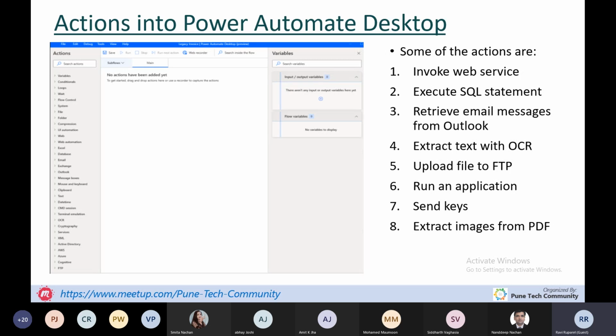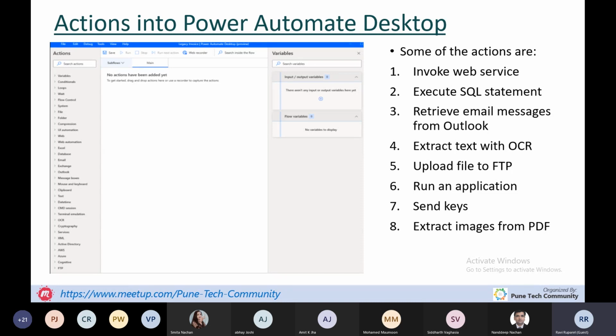The second one, we can execute any SQL statements. We can retrieve emails using Outlook. We can extract text using OCR, like if I want to fetch the text from this window, I can fetch it using OCR. We can upload files to FTP.